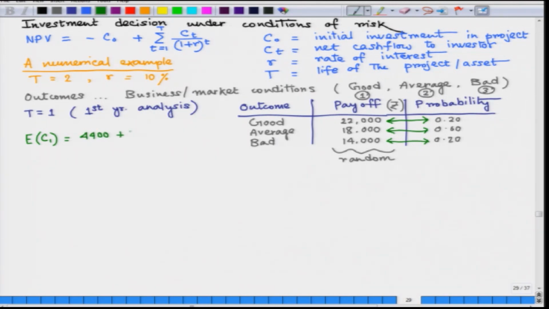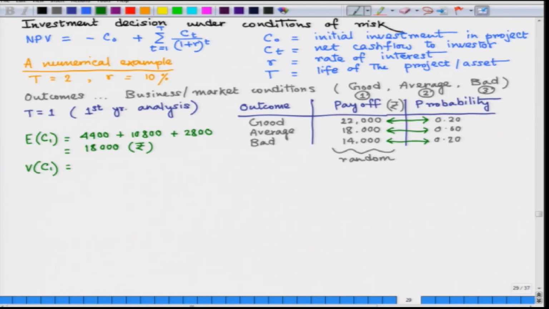4,400 plus 10,800 plus 2,800, and we get 18,000 in Indian rupees. That is basically the mean of the cash flow in period 1. Now, we can compute the variance also. The variance would be,